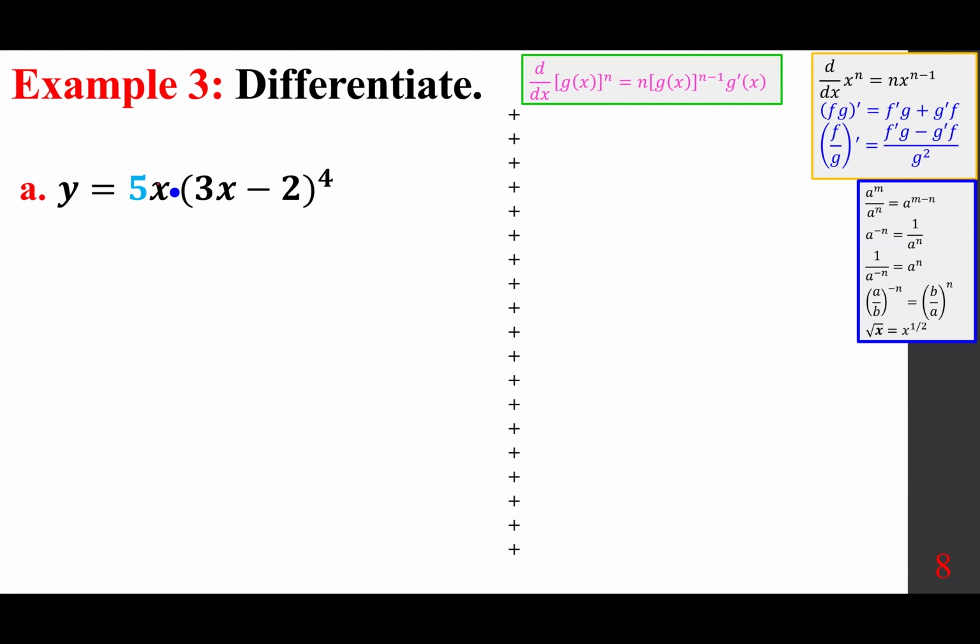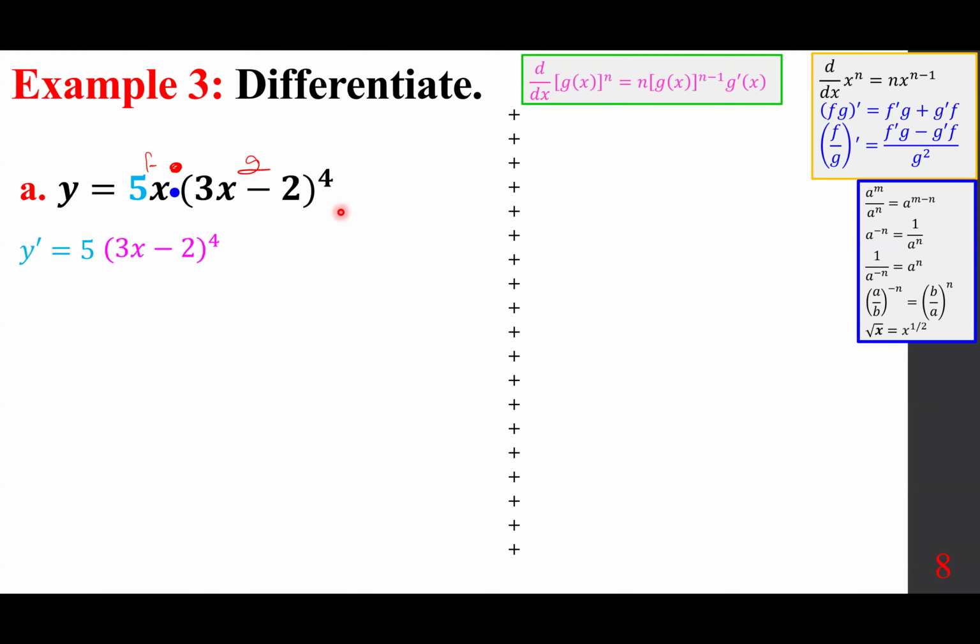So in essence, you are looking at f g. So we are going to go with the product rule first. F prime, 5, times g, the second piece, which is the parenthesis to the power of 4, 3x minus 2 to the power of 4,